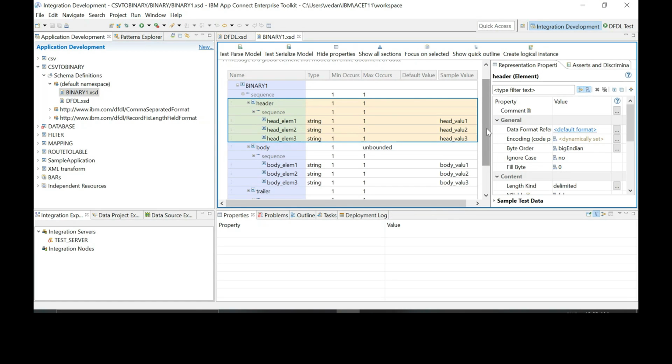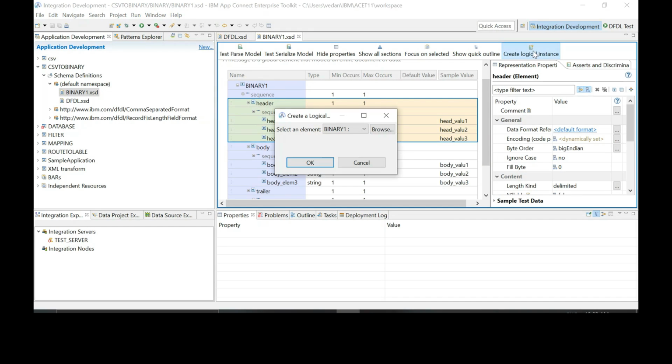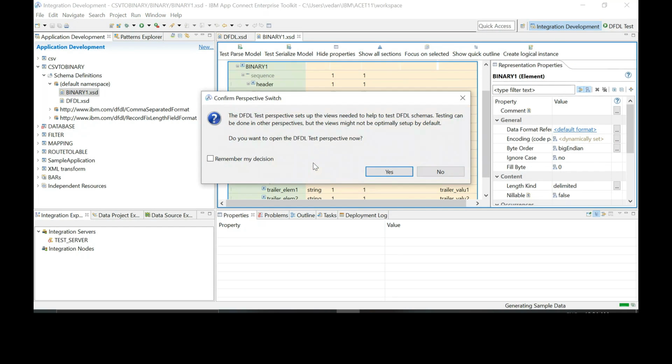So let's create a logical instance. Okay, sir. Click on OK. So logical instance has been created. Now click on serialize.